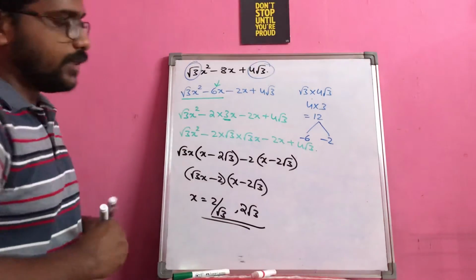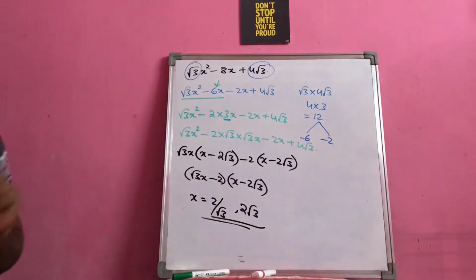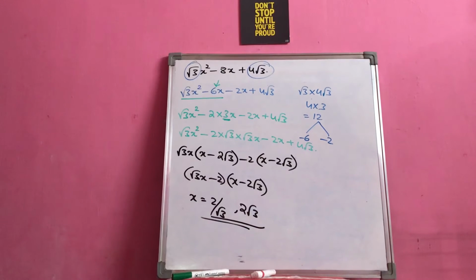So my suggestion here is, whenever you are having the terms involving irrational numbers, you need not get scared of that. Instead, please try to think how to factorize it further, like how we do with the normal numbers. That is the only way to make it easy.